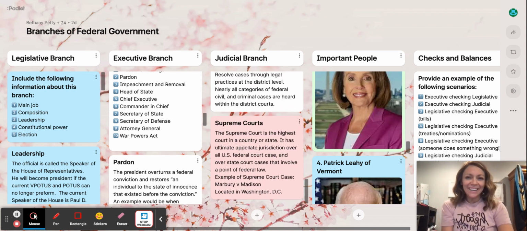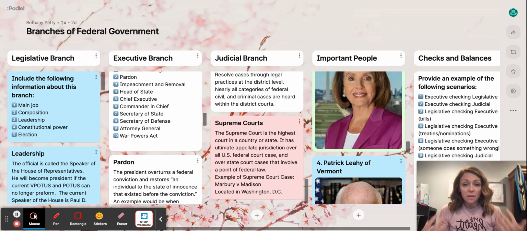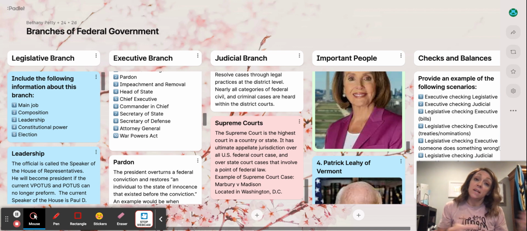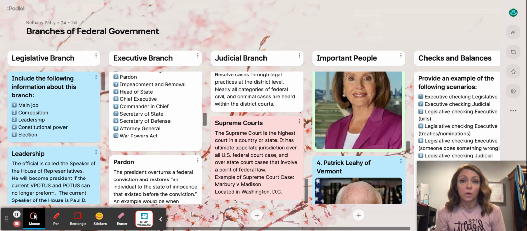And then the highest court in the United States, of course, is the Supreme Court. And the Supreme Court, there's only one, and they are headquartered in Washington, D.C. The Supreme Court is comprised of 9 justices. We have 1 Chief Justice and then 8 Associate Justices. And their job is to hear, typically, really super important cases dealing with constitutional issues. Okay, so they try to figure out if a specific law violates a constitutional right or violates some sort of principle of the Constitution, or if it doesn't, then they uphold that specific law or provision.